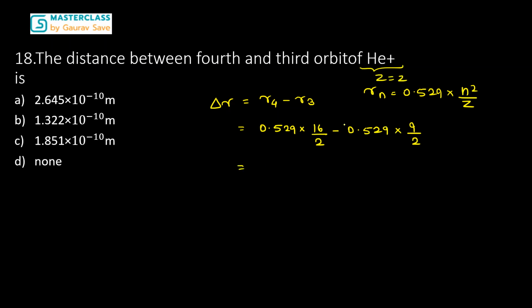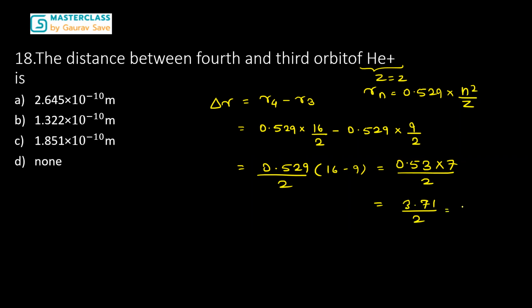Now from over here we can take out 2 as common and 0.529 as common, and 16 minus 9 will become 7. So 0.529, let's assume it is 0.53, into 7 divided by 2. So 7 threes are 21, 2 will get carried forward, and 7 fives are 35, so 37, so 3.71 divided by 2, which will become